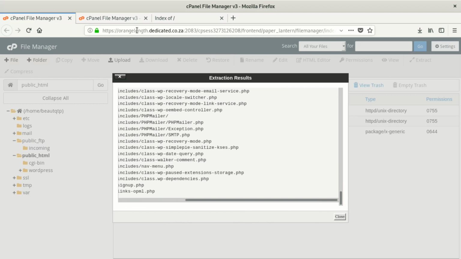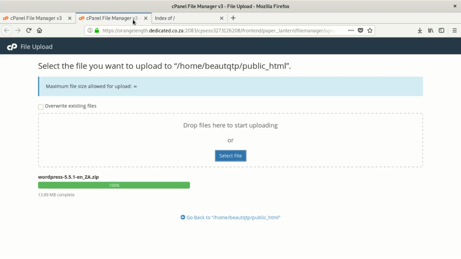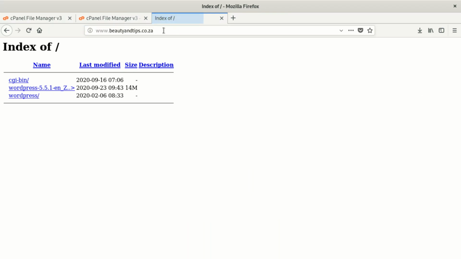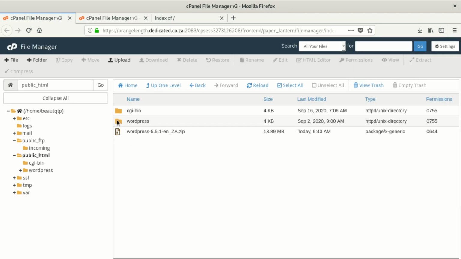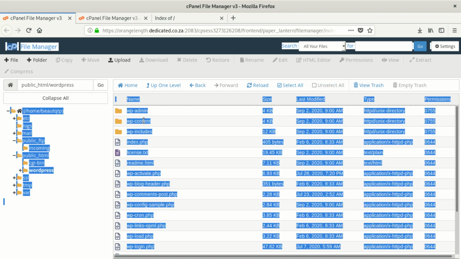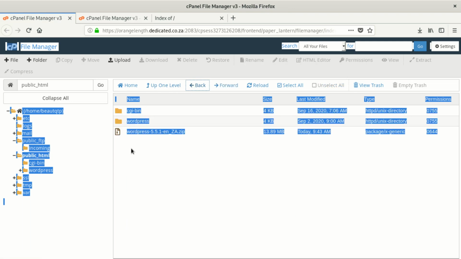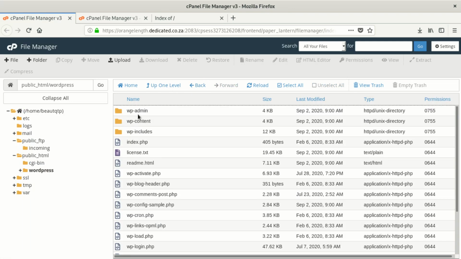Let me see if I can go to that website and see if I can see all files there. Okay, it's done, yes. And then we can close here. Once we close, the files are in here, so we can double click here and we copy everything. We're gonna say copy. When I take out all those files out from that folder,